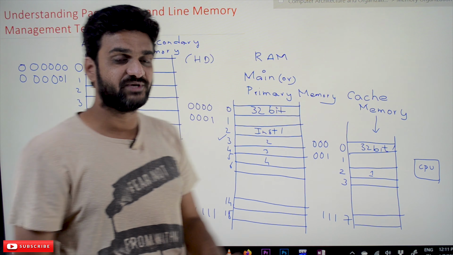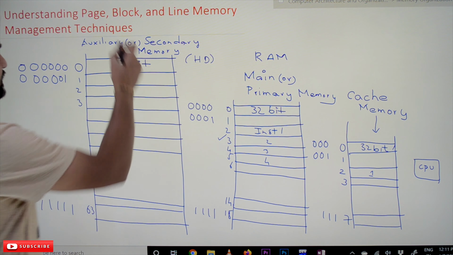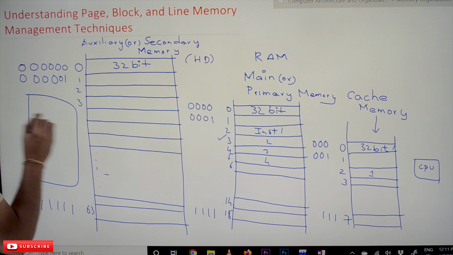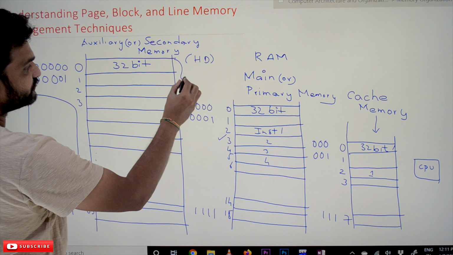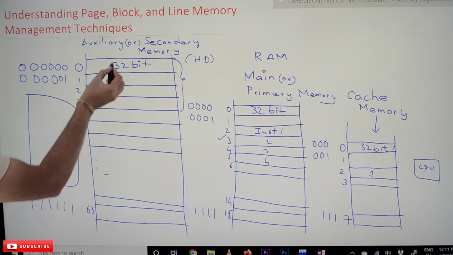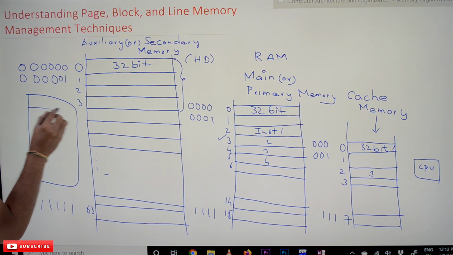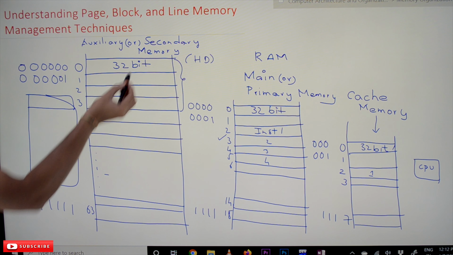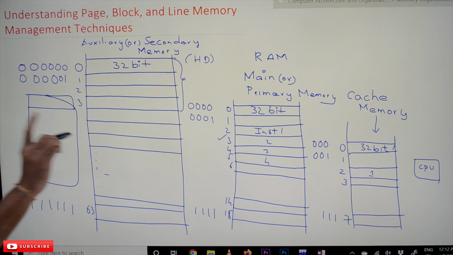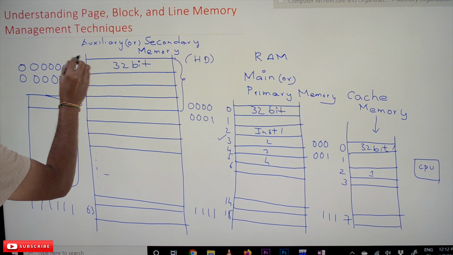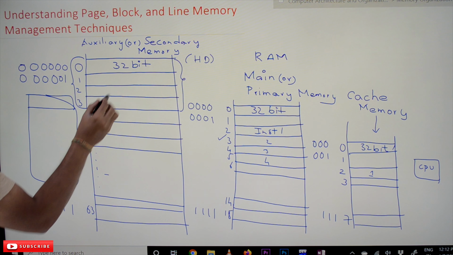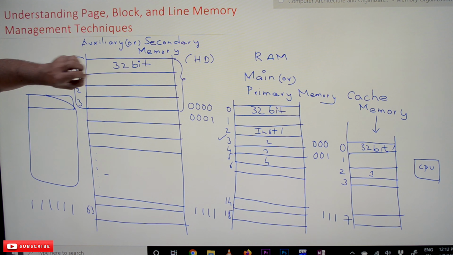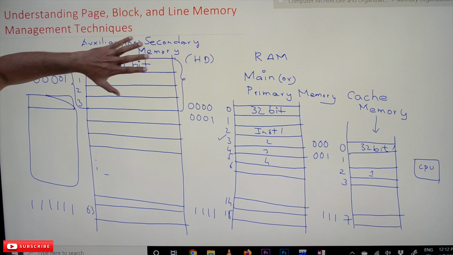So what this paging means is, for example, we are trying to make 4 words as one group. These are the 4 words which are made as one group. In total we have 64 words. If we group 4 words as one group, we get 16 locations. Grouping of all these words into one location is what we call a page.